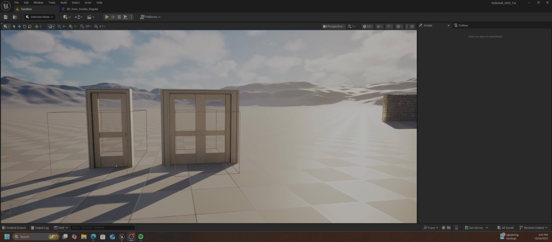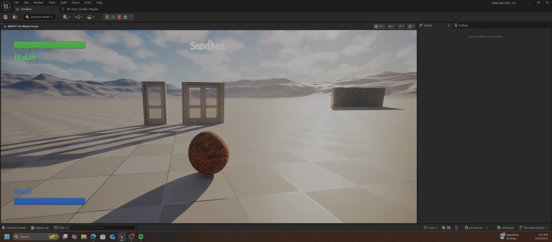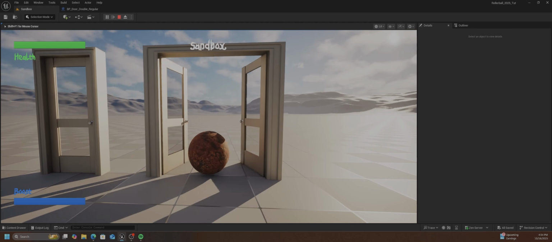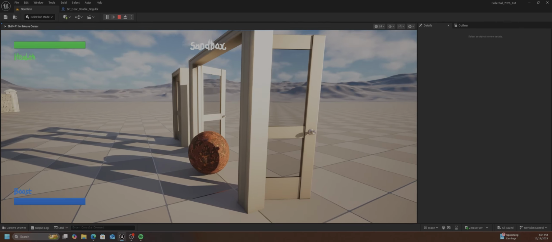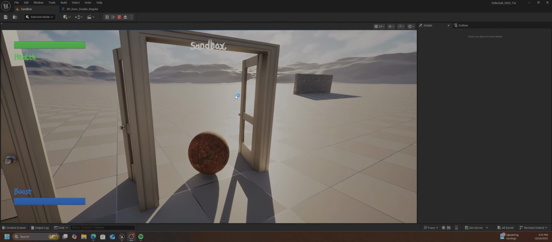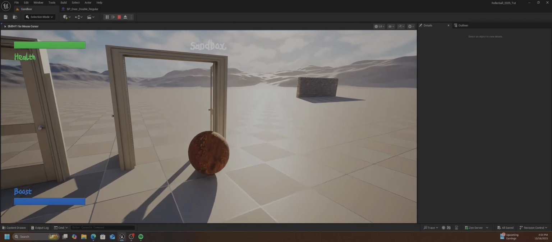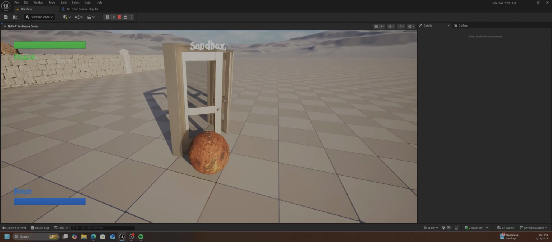Okay, so now that we've got everything working, there's one other issue that we're going to have to take care of. And it's kind of hard to see, but when I hit the play button and I run up to the door, it will open, but I can't move to the left or the right. I have to go straight down the middle of the door. And that's because